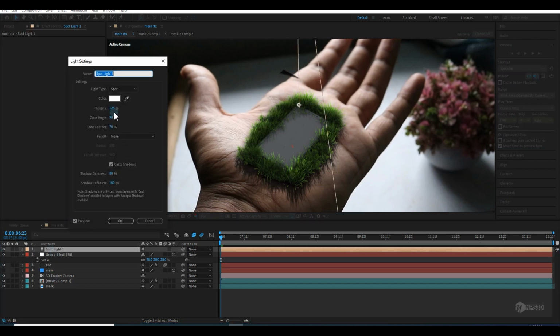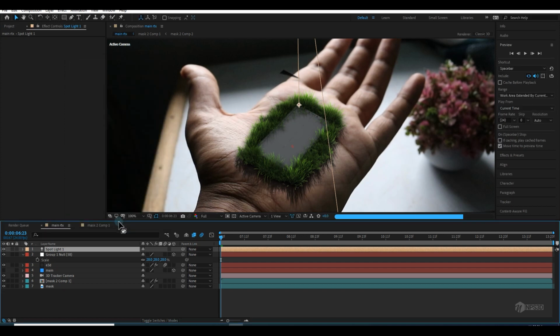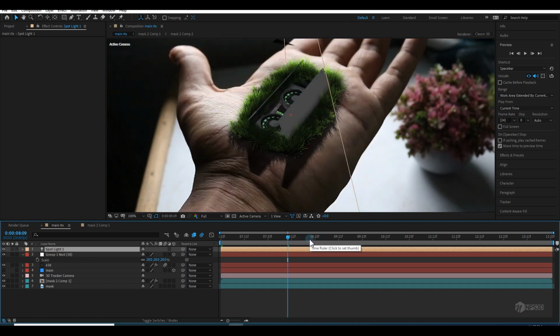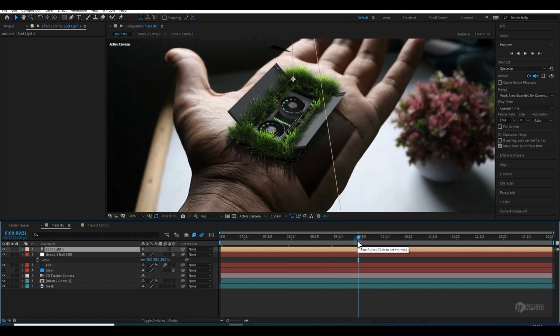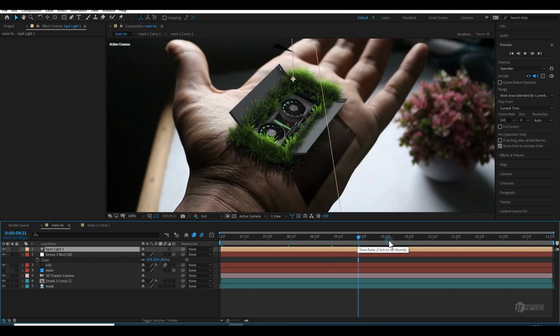And now I'll increase the light intensity to this one. So things are almost the same, but it's good.